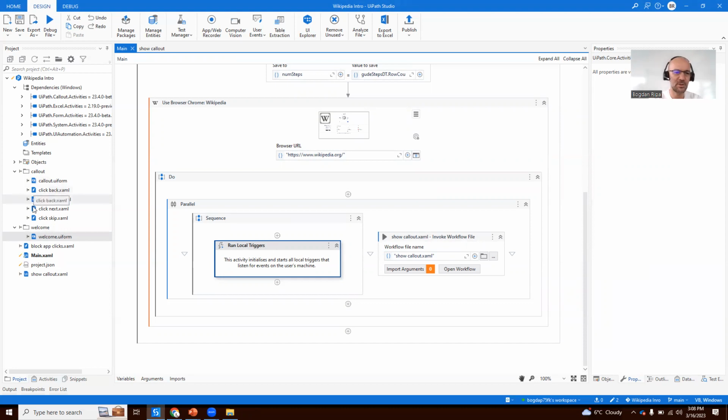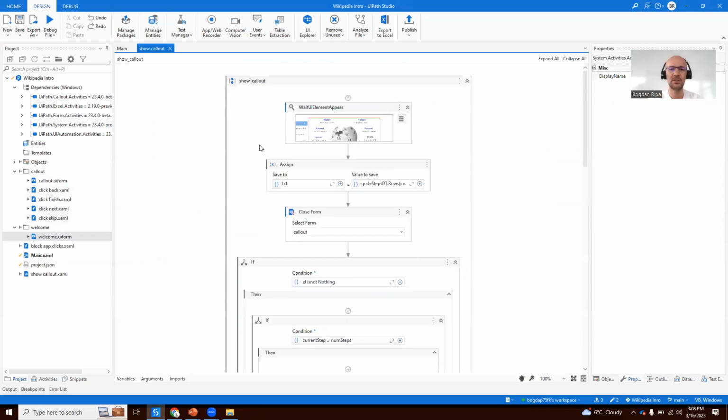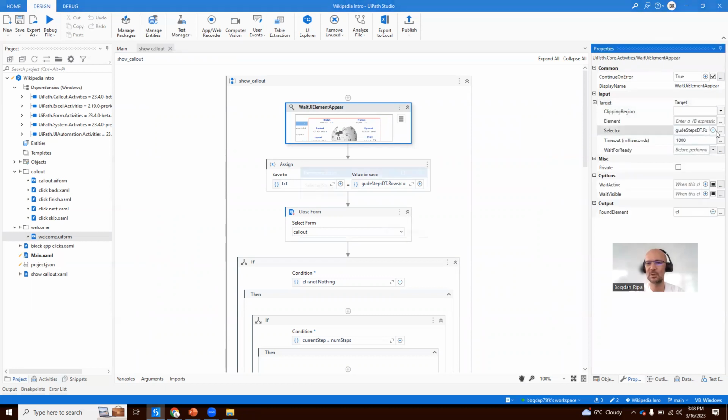You can see the trigger icons next to these XAML files. These are the actual triggers that we're going to show. So show callout, let's open this workflow. Show callout, what it does is that it's going to wait for a specific element to appear. And in our case, it's going to look in our,